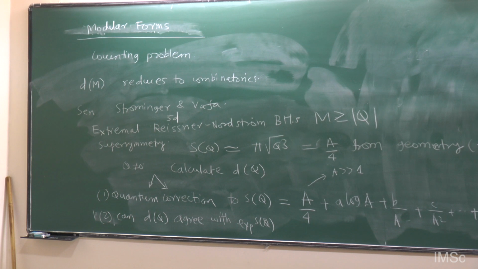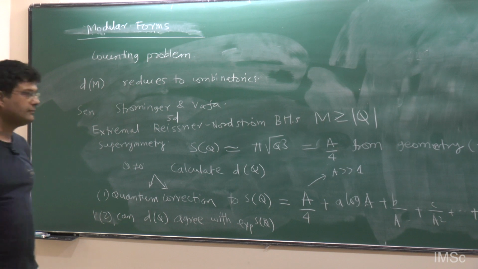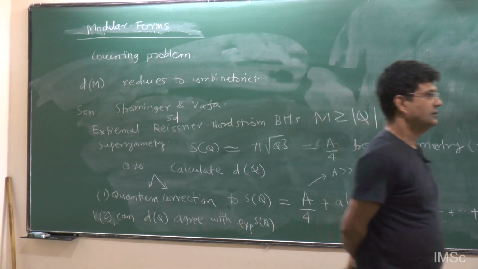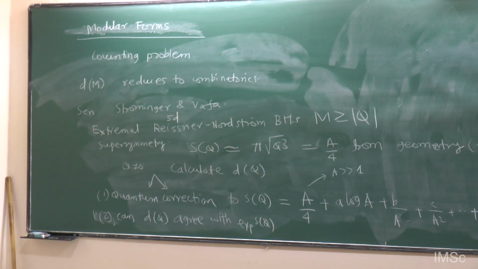Does that mean you put more and more information into the black hole somehow? Suppose more information is lost in the black hole, so the area is going to change for the black hole. Okay, so there is a kind of information theoretic connection which has to do with the information loss problem. I will not get into it because it's a completely different subject altogether.